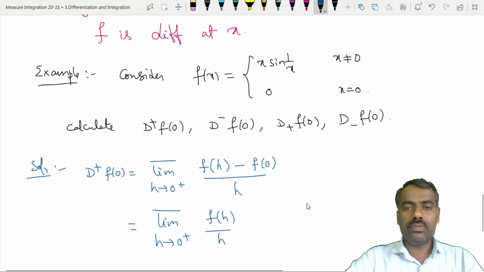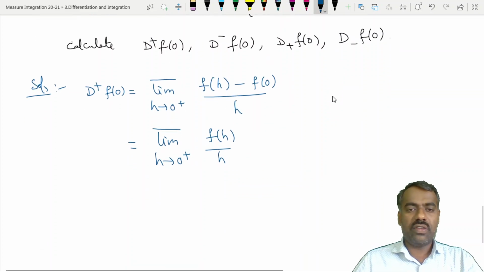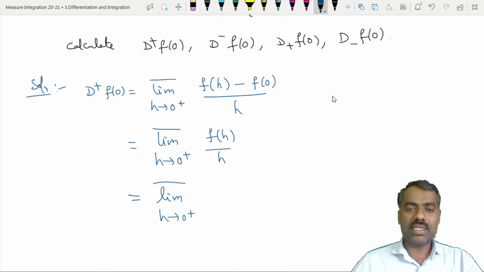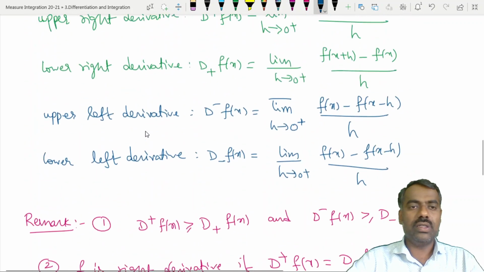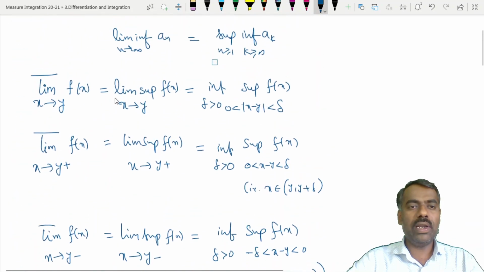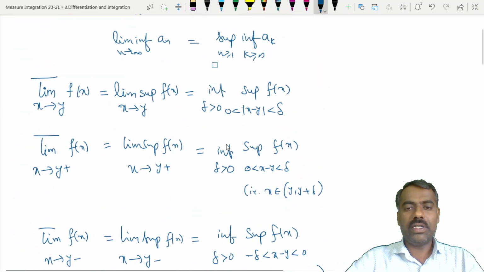Okay, now if h is not equal to 0, tending to 0, f of h is h into sine 1 by h. So this is the same as the upper limit of h tending to 0 plus of sine h, and h will get cancelled, sine 1 by h, right? Now, with the notation we have used, upper limits, right, then what you will get here